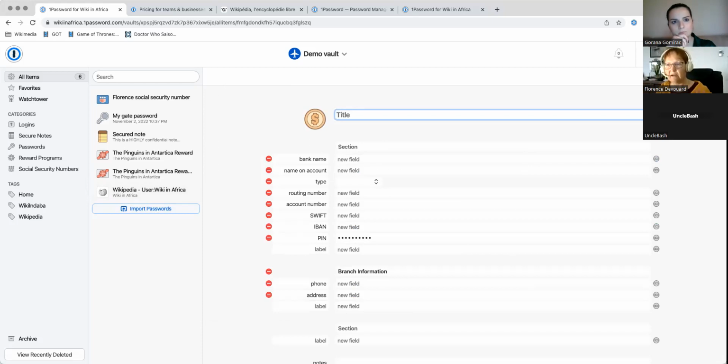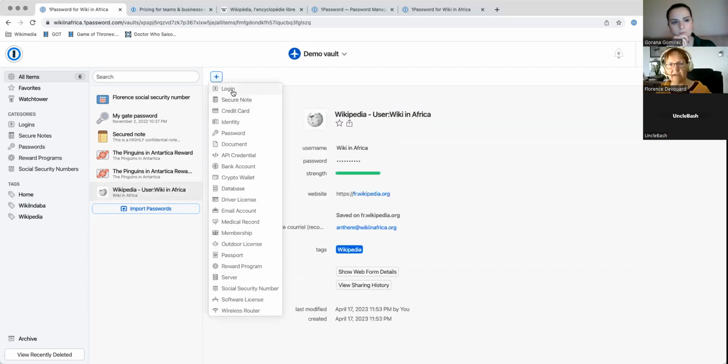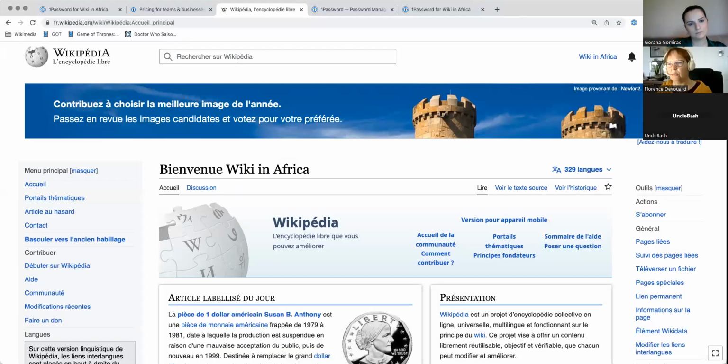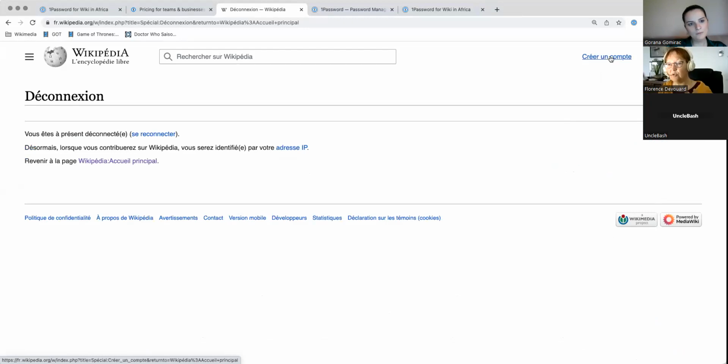Same thing, the most classical one is creating a login entry, in which case we'll have to enter a name for this entry, the username, the password, the website, and so on. I can either create it from there, or if I were on Wikipedia and wanted to create a brand new account, when I actually create the account,